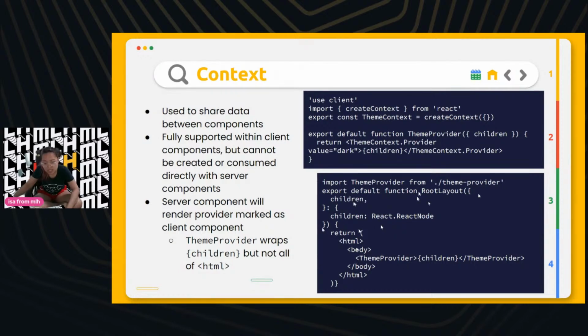So here we see that theme provider is wrapping around children, which is all of the app that you're using, because this is the root layout. This is like the very infrastructure, the very foundations. So here we see that the children, so all of the things being rendered, is wrapped by theme provider, but it's not that HTML and body are within theme provider. So it's still wrapped by HTML and by body, but everything else within that, all the things you're rendering, all your components, etc., have to be within that one big theme provider.